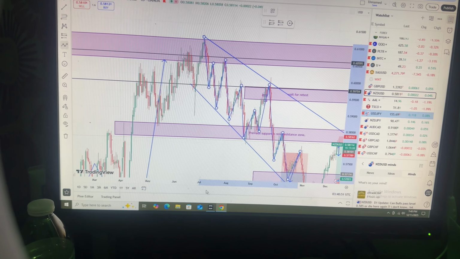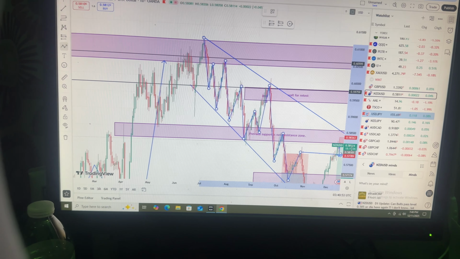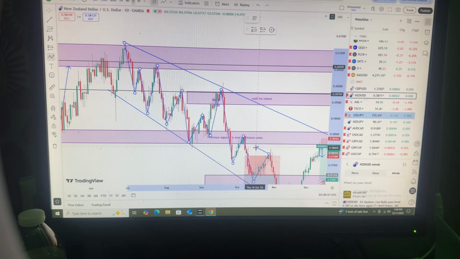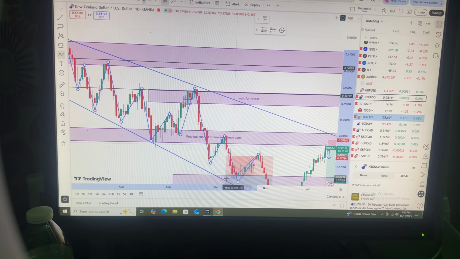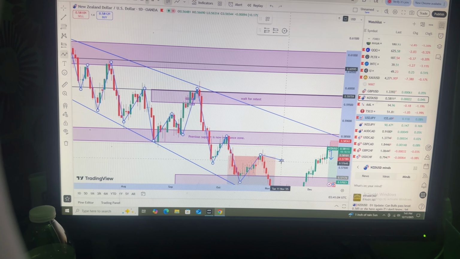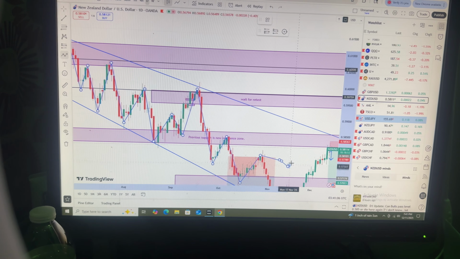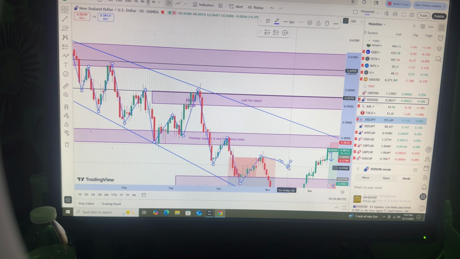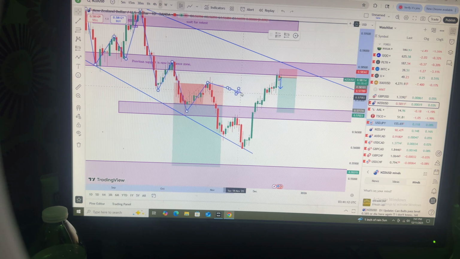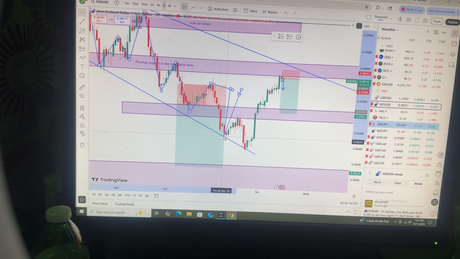Let's zoom in. Trying to zoom out real quick. How do I do this? Hold on. What's the button to do this? Let's see. Okay. So I kind of messed this one up a little bit, but